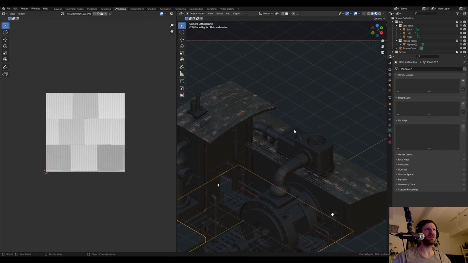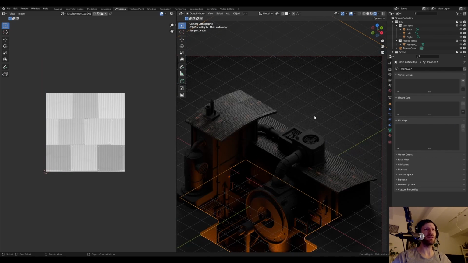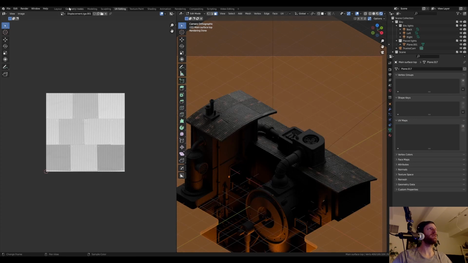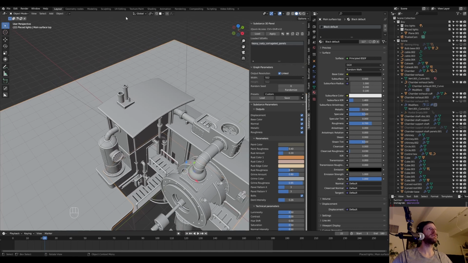Let's look in cycles. That looks about right. Things still look a little bit tight to me. So let's go back to